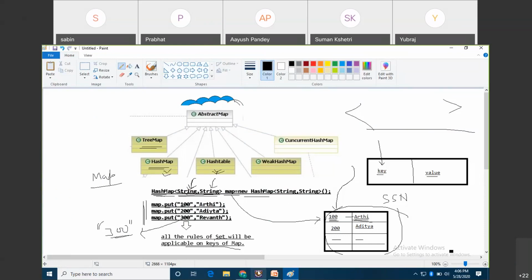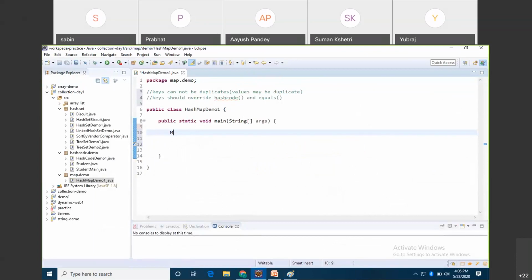So Map of String, comma, String, and this is my map equal to new HashMap,